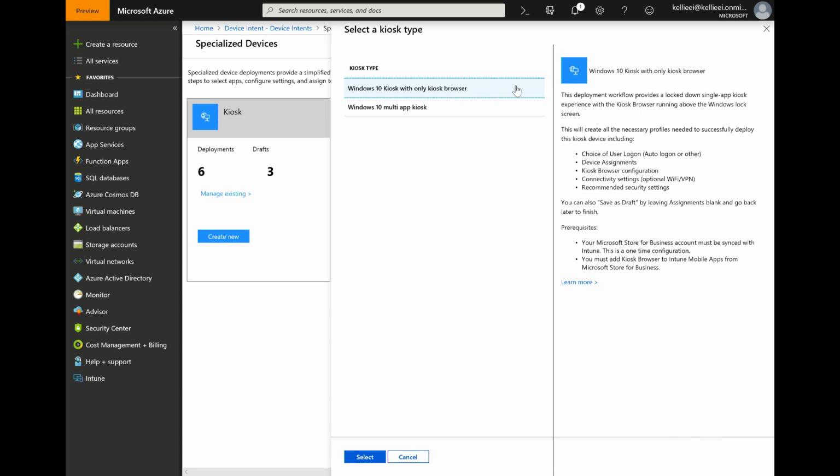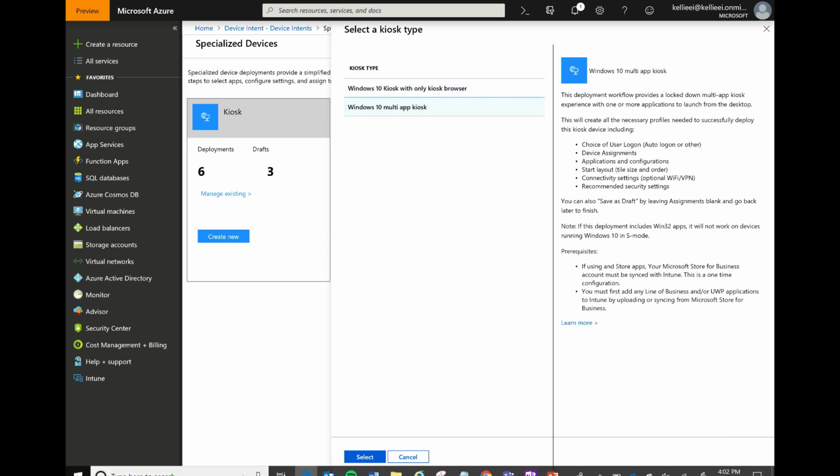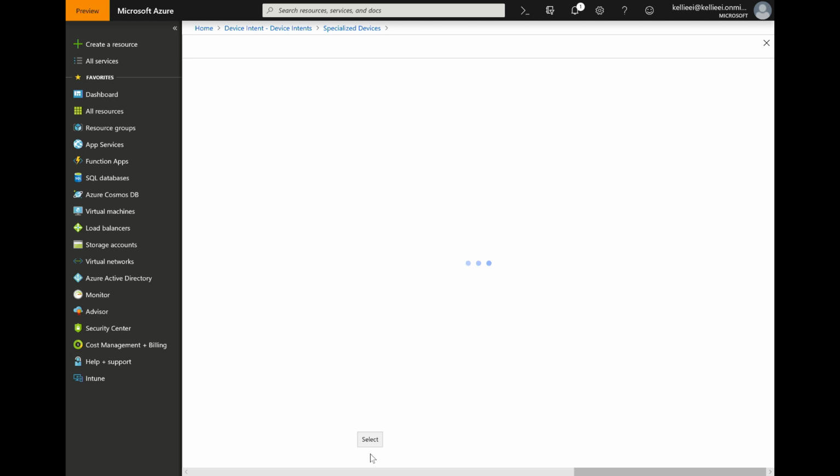And here there are 2 different types of kiosks that are available in this deployment. One is a Windows 10 kiosk with only kiosk browser, and then a full description of what it will provide. And then a Windows 10 multi-app kiosk. And this is the one we're going to go through. It's a little more complex than the single app. So once you select Create New,